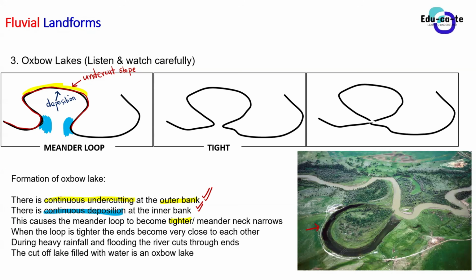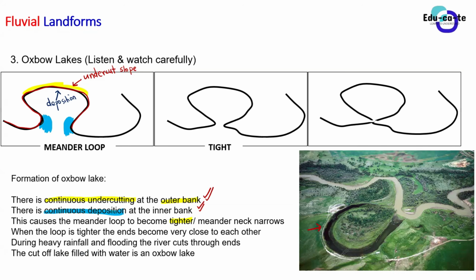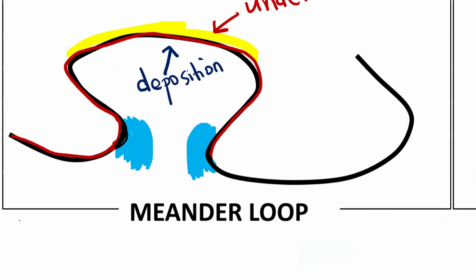So basically, the moment this river erodes, we expect the new undercut slope to be somewhere here. So let me just zoom it in for you guys so that you can see properly. All right. So basically, what do we expect here? As more erosion continues to happen, the undercut slope will be somewhere at this position. It will continue moving. Because remember, guys, it is eroding sideways and the water is occupying the space. So the undercut slope keeps on moving.